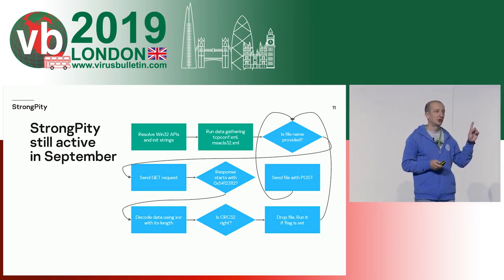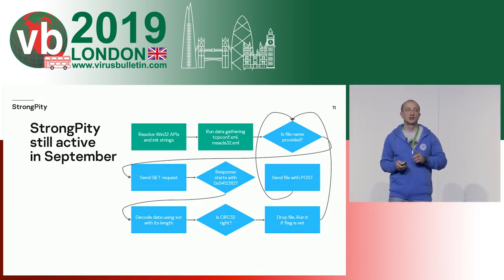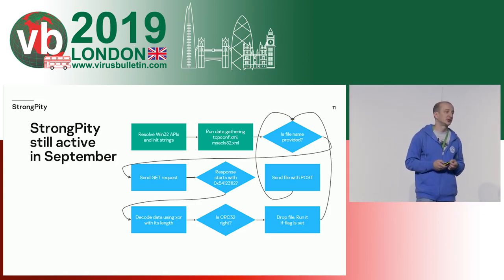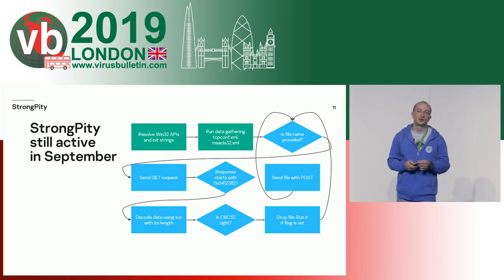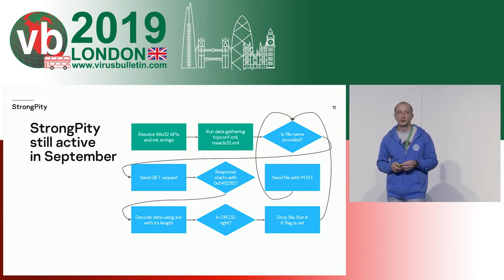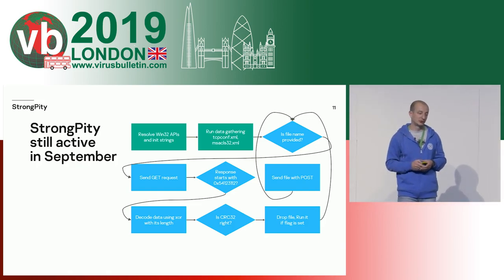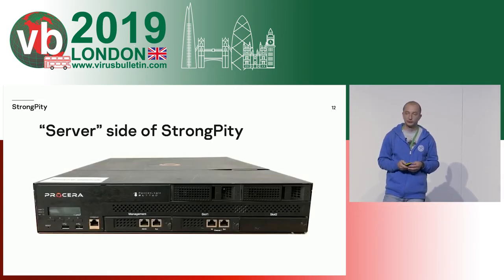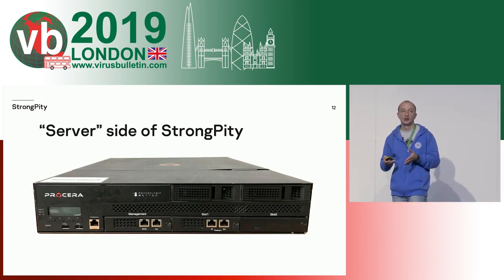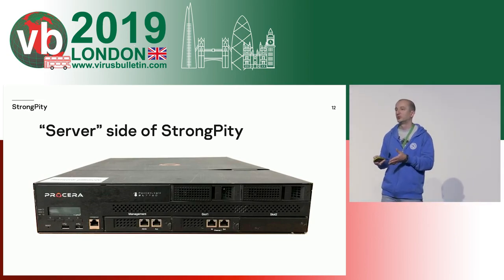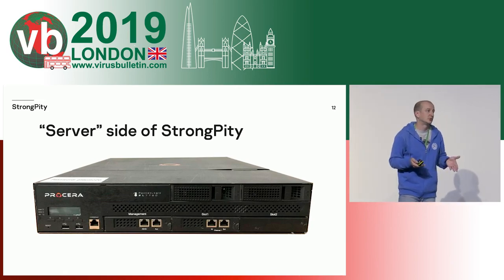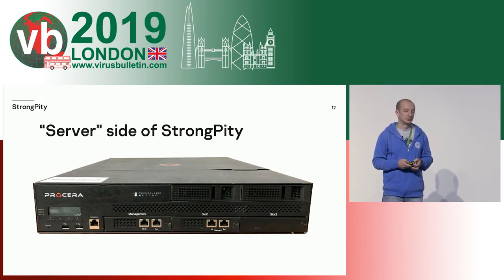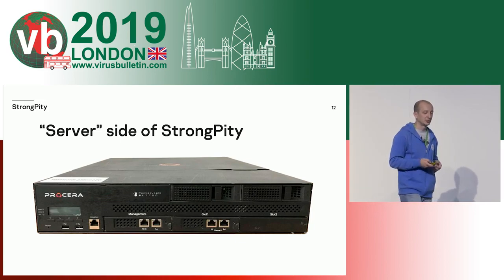The strong part of StrongPity is not the data gathering and it's not the network protocol. It's how they do the initial infection. And here kudos goes to the Citizen Lab. Thanks to their research, which I think you have read about, the server side of StrongPity is Sandvine hardware. Citizen Lab bought used Sandvine hardware, and it's actually a DPI system, a deep packet inspection system,